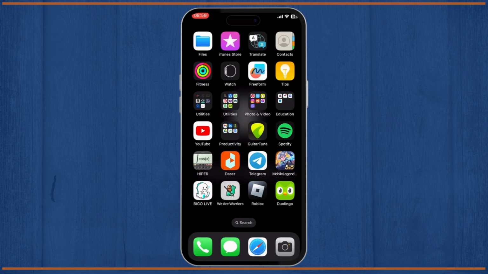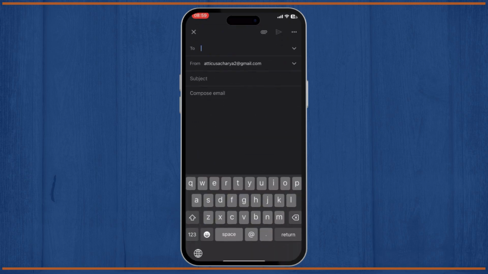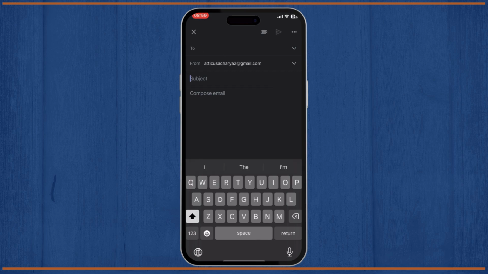Now let's just start. First, just open up your Gmail, and now you'll have to compose an email. After you tap on compose, just type in your receiver's email. Just type in your subject. I'm just gonna say trial, and when you go to the compose email section, just type in whatever you want. This